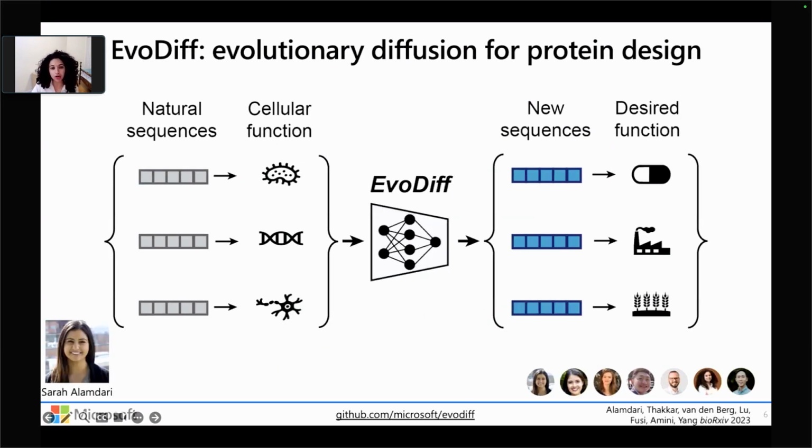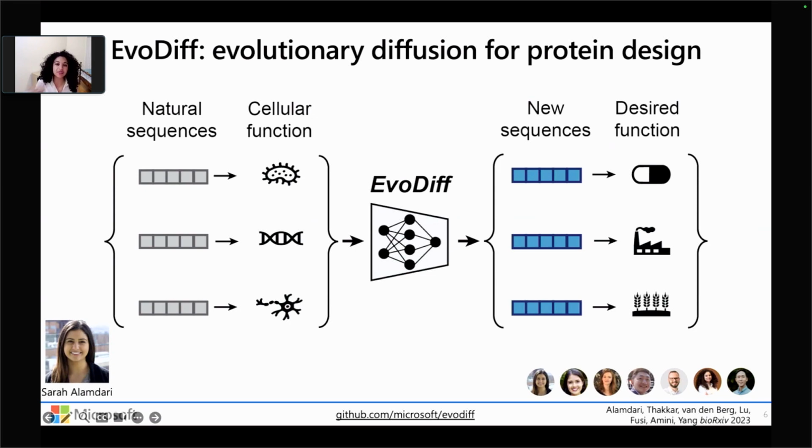And indeed, our model that we call EvoDiff is a diffusion-based generative model to achieve protein design. We've trained EvoDiff on large-scale protein sequence data that spans what we think of as evolutionary scale, meaning proteins and sequences that have been taken spanning across different biological functions from different organisms from across the tree of life.